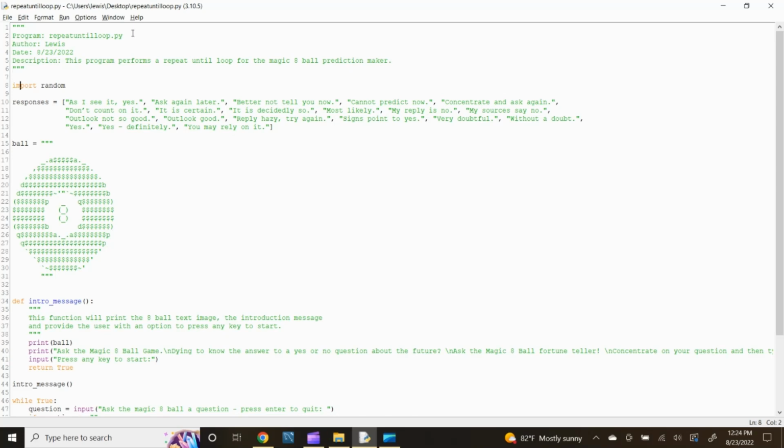First we need to import the Python random module, therefore, type import random. The random module is an inbuilt module of Python which is used for random actions such as to generate random numbers or print a random value from a list or string. Next, let's create random responses for any questions asked of the magic 8-ball. These will be the responses we will use later in the while loop for any questions the user asks the 8-ball. Please note that there are 20 responses the magic 8-ball has, so you might want to speed up this section. Type response equals, open bracket.